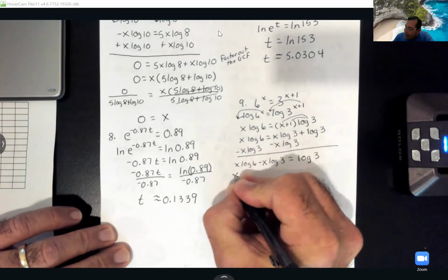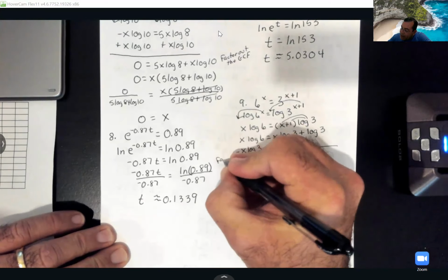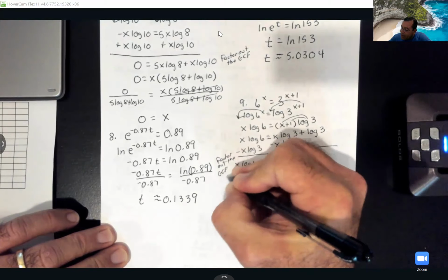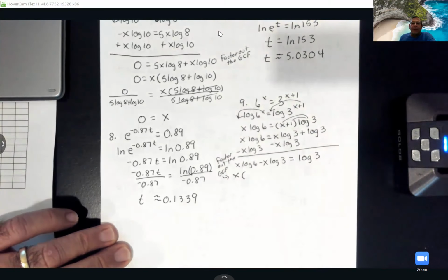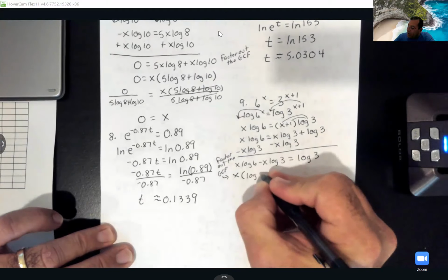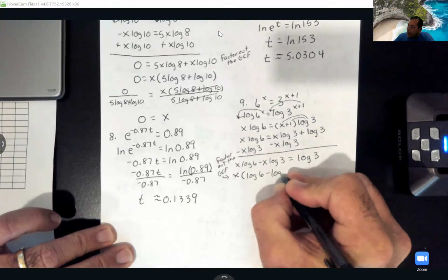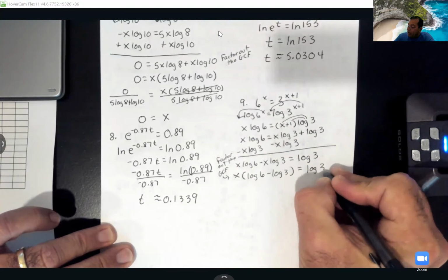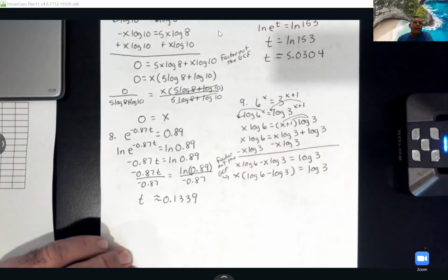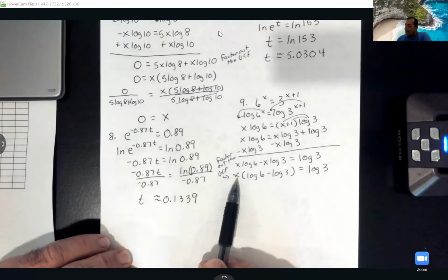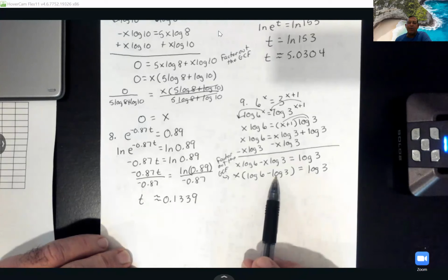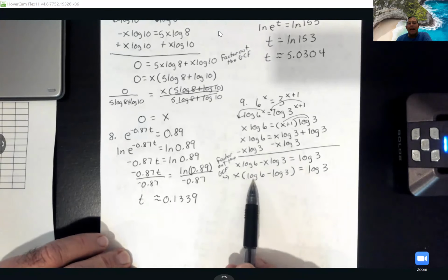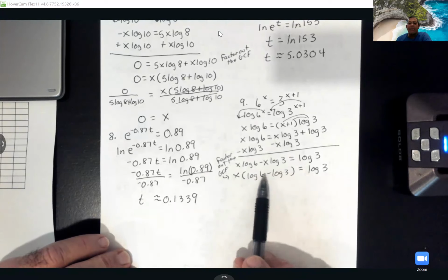So that's going to give me an x. Here, let me write that. Factor out the GCF. All right, so that x will come out. That's going to leave you a log 6 minus a log 3, all equal to our log 3. All right, so now we're to the point where I got an x times this log 6 minus log 3. So if I want that to be a 1x, we will divide both sides by the log 6 minus log